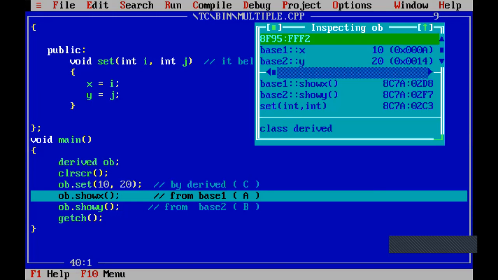Next, coming to the functions, by using object OB, which functions you can call is also shown: set function, show X function, show Y function. For the set function, no class name is written because it is understood that object OB belongs to the derived class, and the set function also belongs to the derived class. But for show X, the class name is base 1, and for show Y, the class name is base 2.